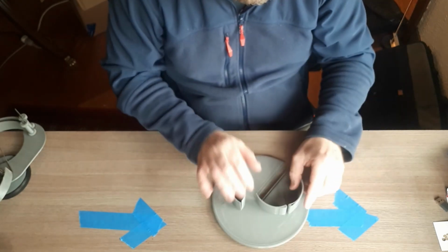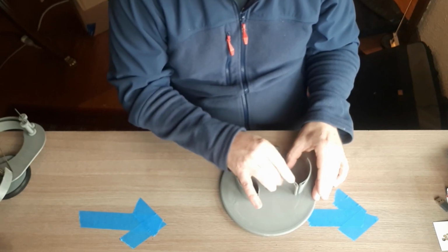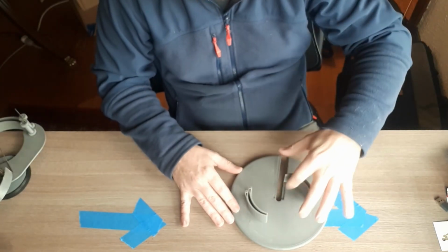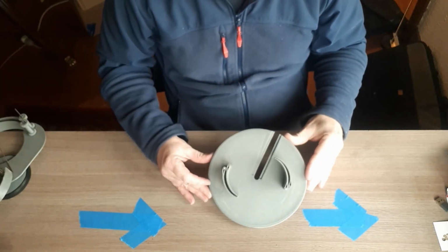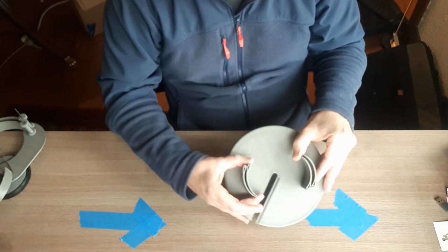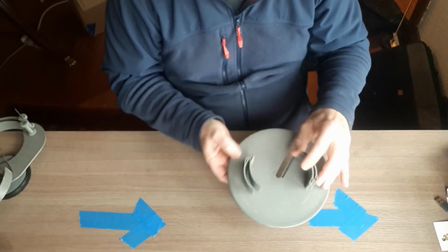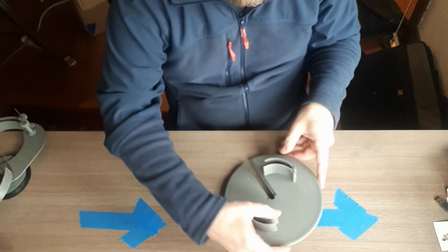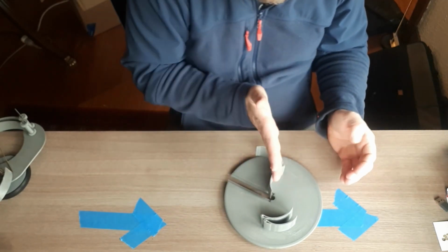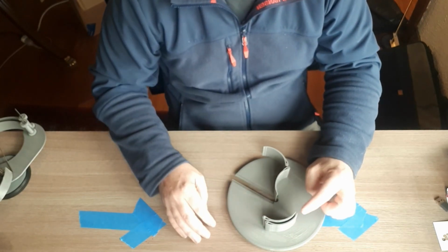So what I've done with this concept is I've taken half of that circle off and made it look like these two blades like that. Now when this thing is spinning around like that, that's a really efficient design. There's not a great deal of resistance just when it's spinning on its own. And so what you do is you open up this side here and you capture all the water that's moving down through here, and this blade on this side would be nice and